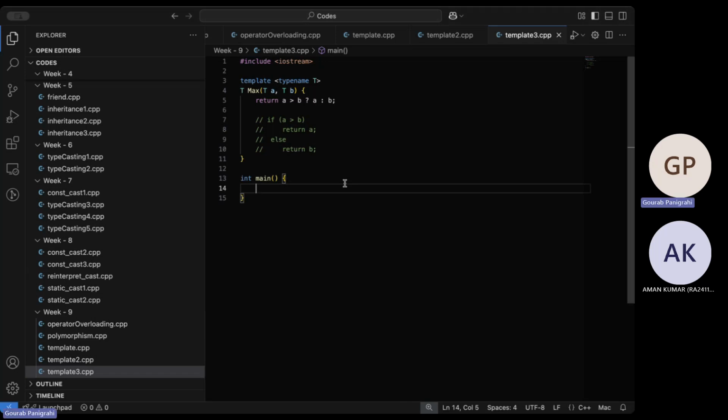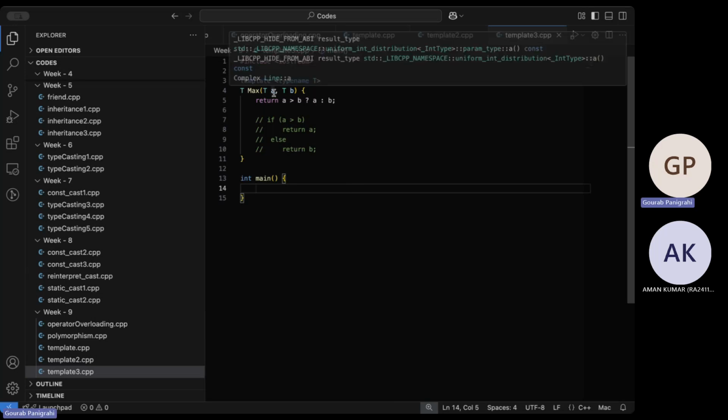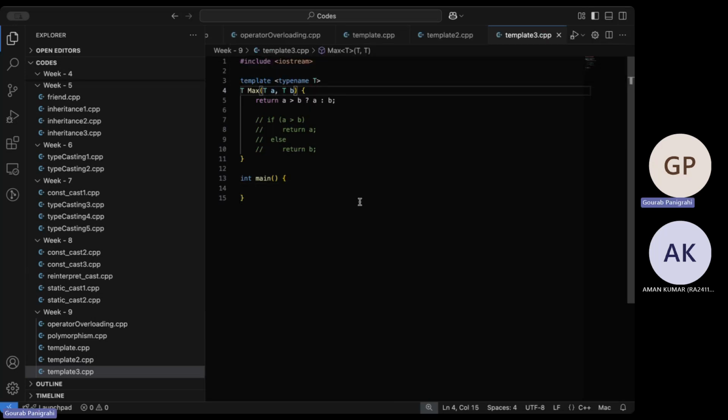All three still have to be the same. Yes, that's correct. Now that is known because A is of type T. B also has to be of that same type, and the return also has to be of the same type. Yes, that's correct, because we have used T and not some T1, T2 or something. You can have multiple parameters and you can play around with the code. But currently, this code enforces that max can only take the same kind of inputs and return the same type.